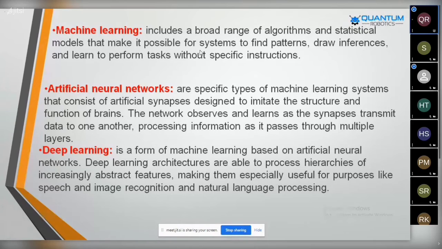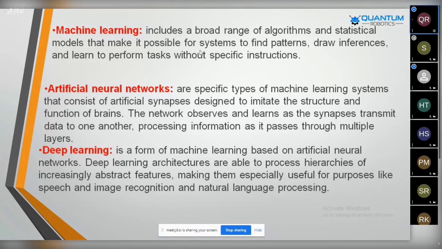Here you can see the artificial neural network. Neural network means the data has to be transmitted and interconnected from one device to another device. Between device A and device B, the interconnection, the input and the output, the signal transmission, all come under the neural network. Neural network means that in a fraction of a second, the data is transmitted from one object to another object. That is called the neural network.